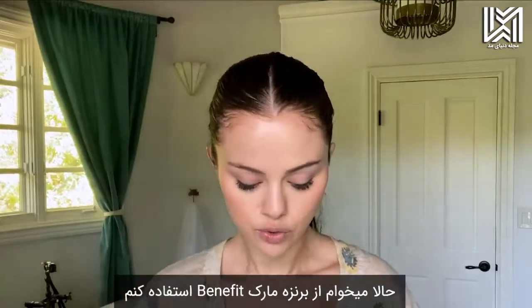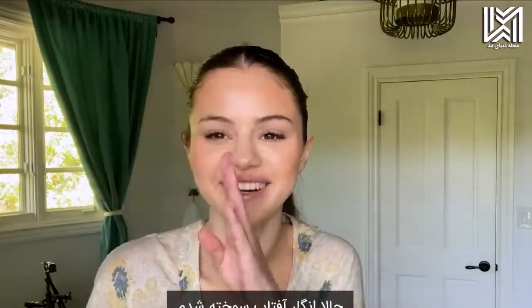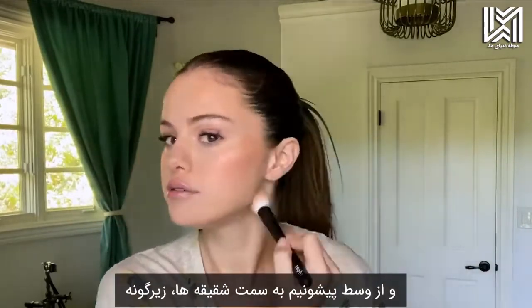I'm going to use the Benefit Voila Bronzer, and I kind of dust this a little bit around. I want to see color. I kind of do what most people do, and I follow into this 3, and then I do under the chin and around it. As you can see, my routine is